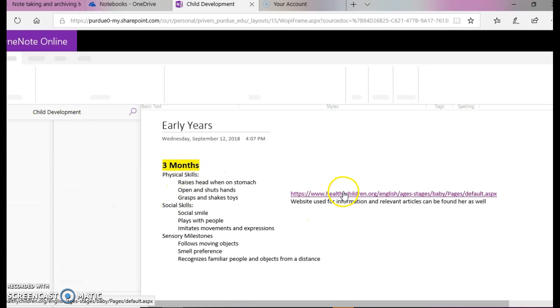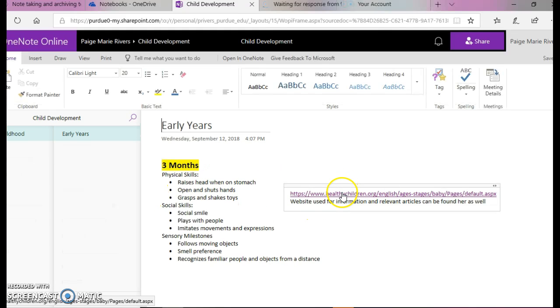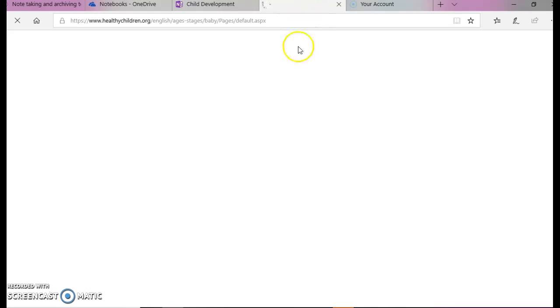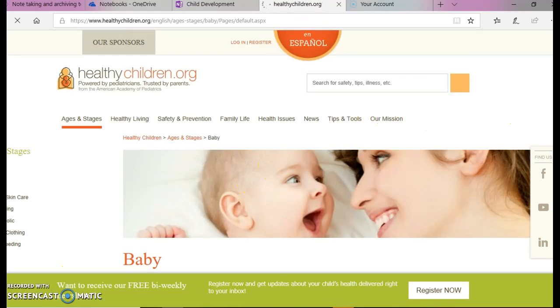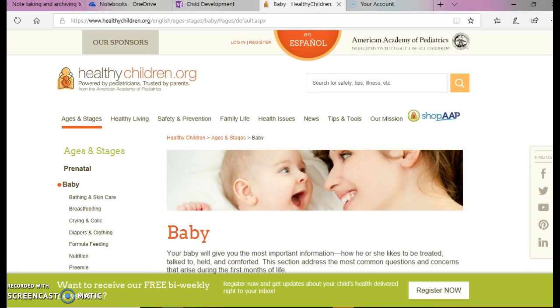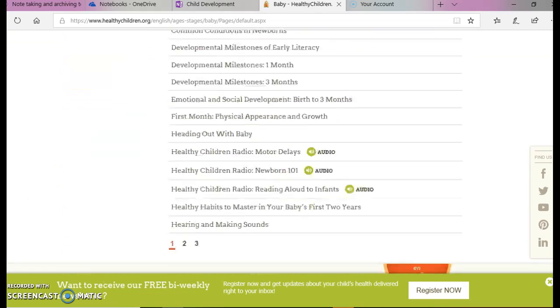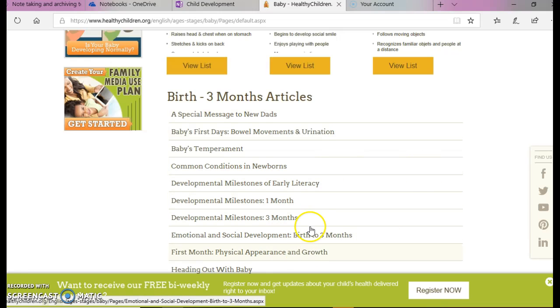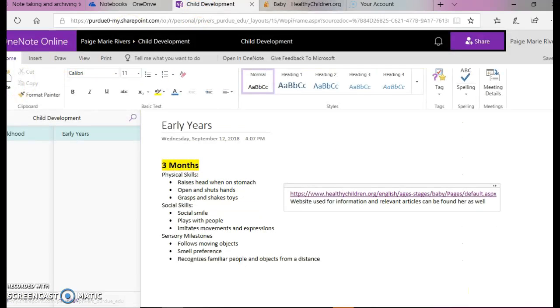as a link to the website, which takes me, if I click on it, to the website, which then I have articles as well as more notes to look at. So this is where I found my notes, and then if I go down, there's articles here that I can read. In my other notebook,